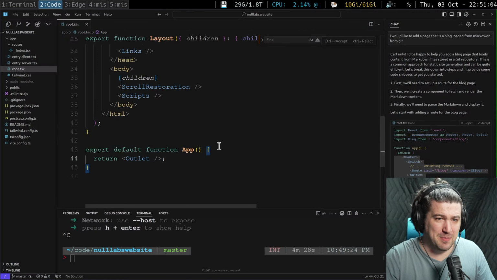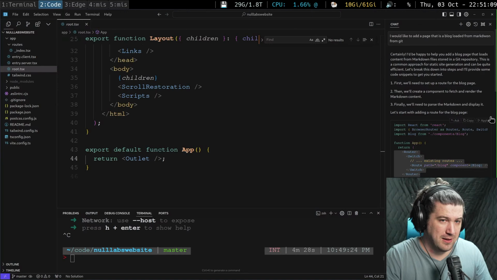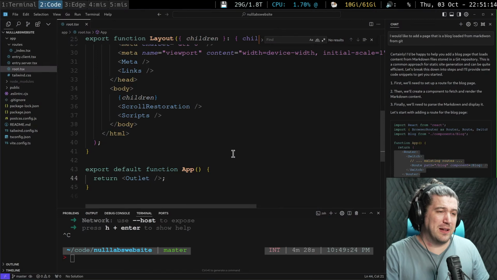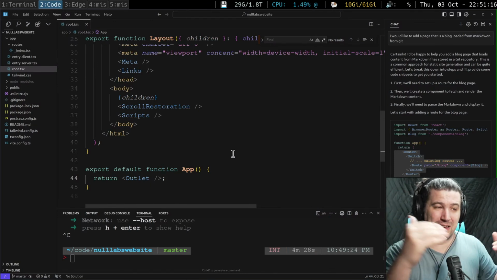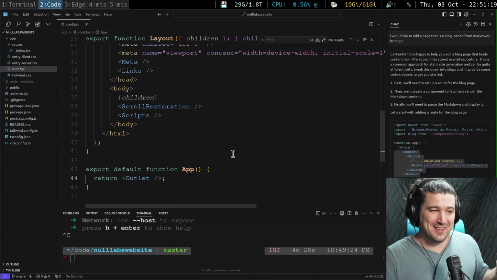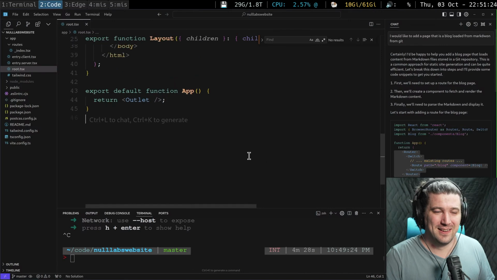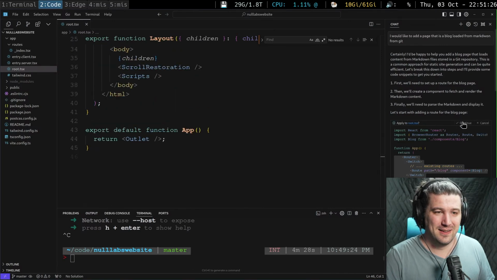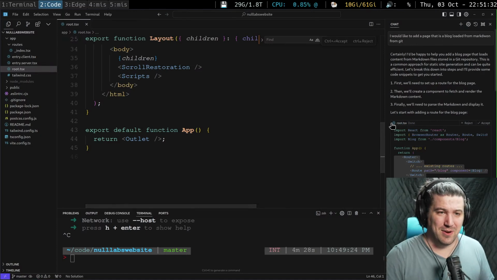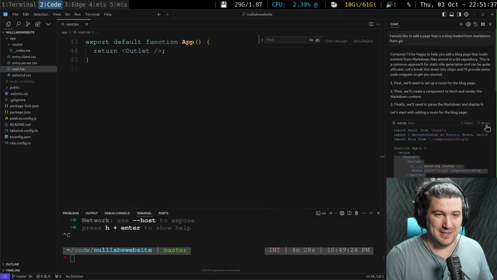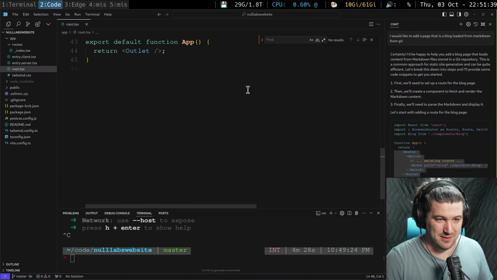Did it ask me to accept something? Yeah, but it doesn't do anything. If I click accept, when it's asking you to accept, it usually has an inline diff. There's no diff for you to review. See, continue. Generate. It said generating right here, but it didn't generate anything. There's no inline diff, and you can click accept. It still doesn't do anything.